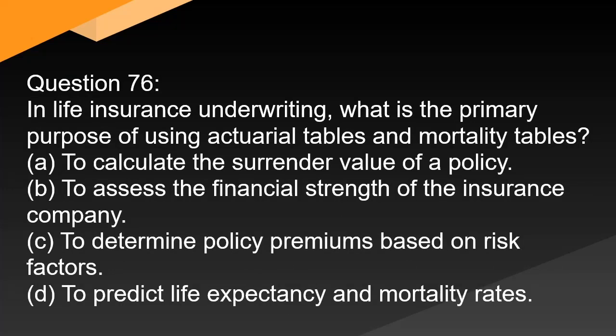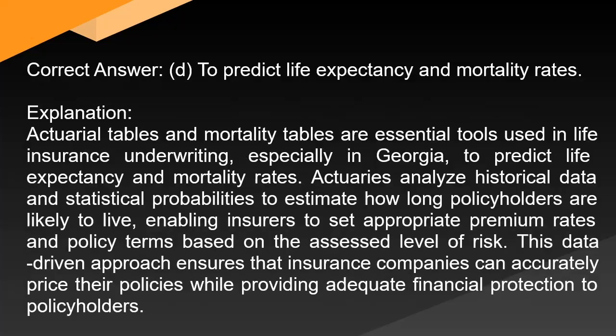Question 76. In life insurance underwriting, what is the primary purpose of using actuarial tables and mortality tables? Correct answer: D. To predict life expectancy and mortality rates. Explanation: Actuarial tables and mortality tables are essential tools used in life insurance underwriting, especially in Georgia, to predict life